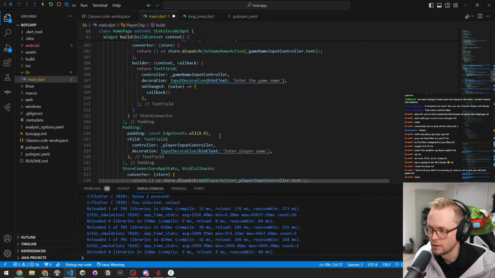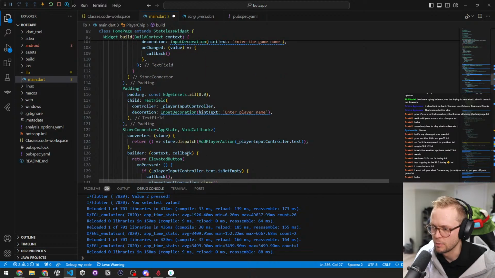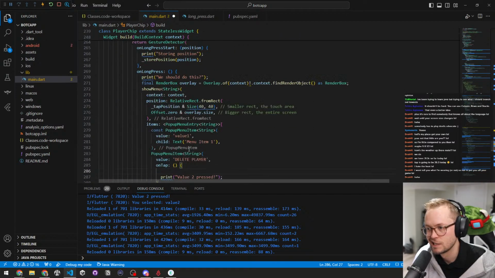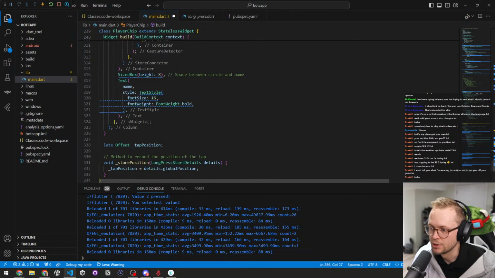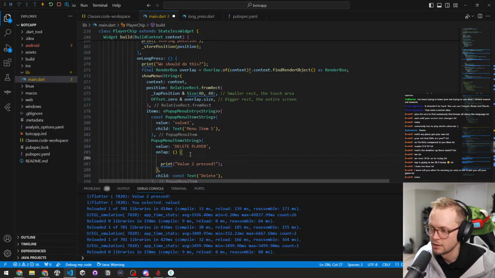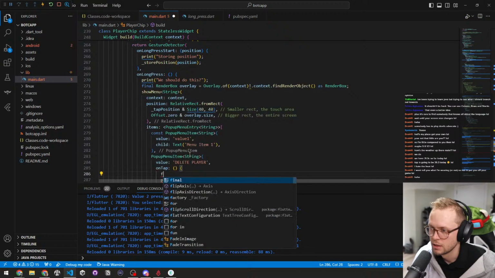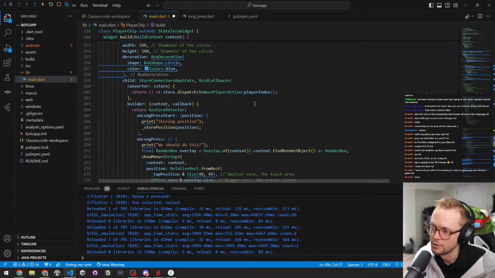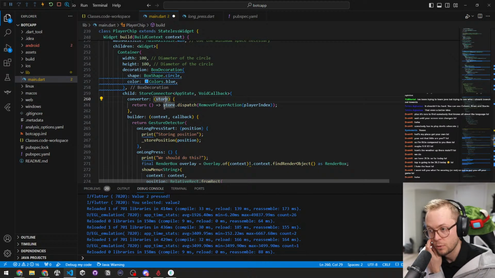Trying to find where we have the callback. Callback, like store.dispatch. Yeah. Huh. I'd like to be able to just reference that directly. I mean, we can maybe do that because we have that store here, right? So we already have the store here to remove it, but we don't really want to have this void